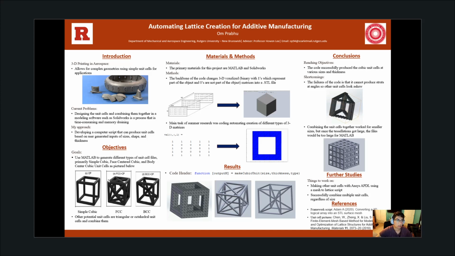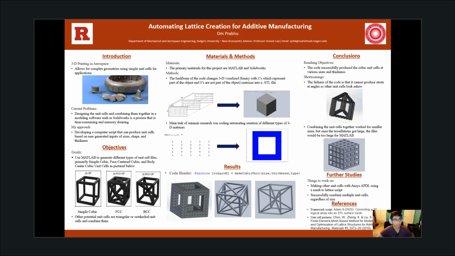So my objective for this project was to use MATLAB to generate different types of unit cells for STL files, and the ones I wanted to focus on were simple cubic, face-centered cubic, and body-centered cubic, which are shown here below. Simple cubic is basically a cube, face-centered is a cube with diagonal struts, and body-centered has diagonal struts inside of the cube. Other potential unit cells I wanted to make were